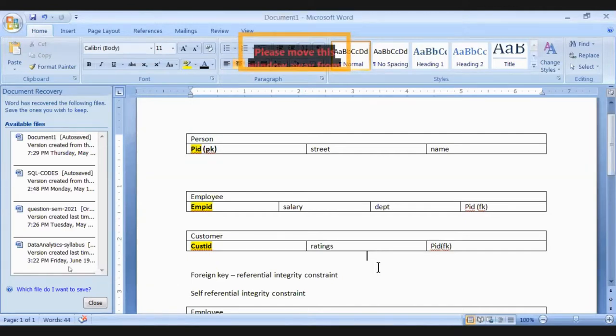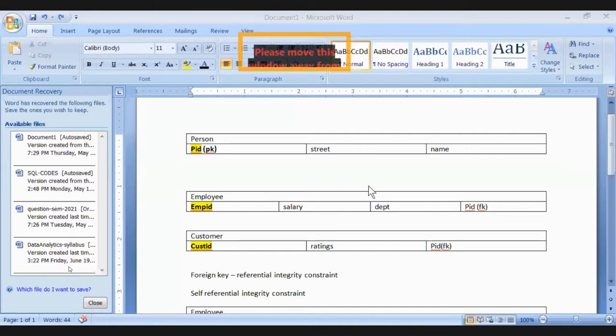Tell me. Ma'am, one can never insert data which is not present in the parent table. One cannot insert data in which table? Ma'am, in the child table which is not present in the parent table. So, one cannot insert a record in the child table if it is not present in the parent table.